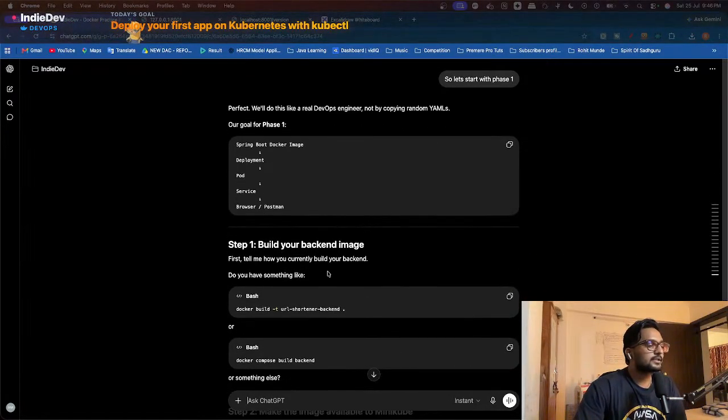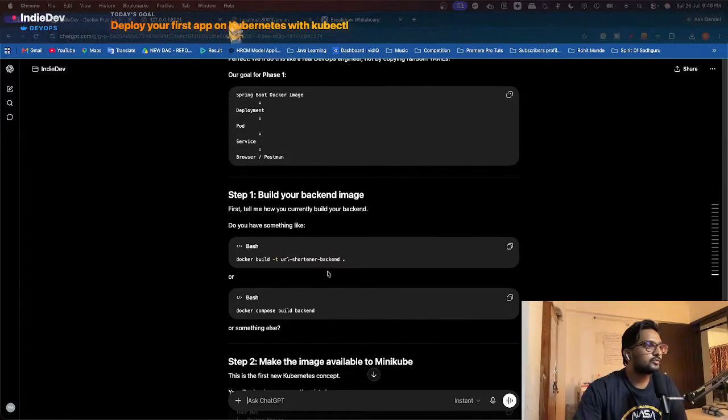Let's deploy our Spring Boot application to the pod now. Step 1, build your backend image. First tell me how you currently build your backend image. Current URL shortener backend. No,